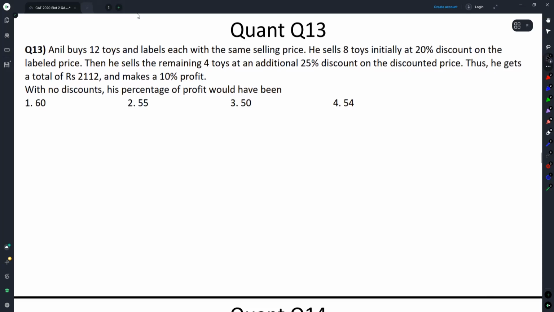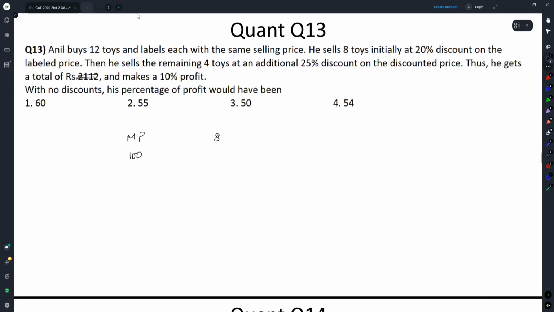Anil buys 12 toys and labels each one with the same selling price. He sells 8 toys initially at 20% discount on the labeled price. He then sells the remaining 4 toys at an additional 25% discount on the discounted price. Thus, he gets a total of 2112 and makes a 10% profit. With no discount, his percentage of profit would have been? The first thing I know is this is useless information. We don't need it at all. We are taking